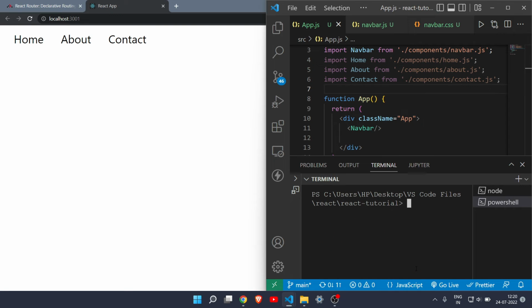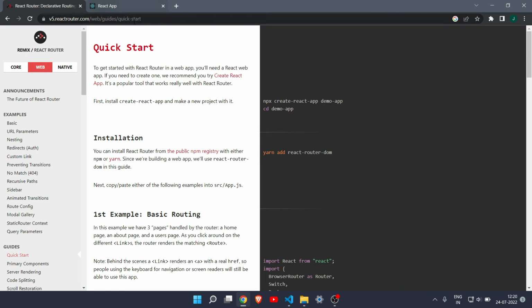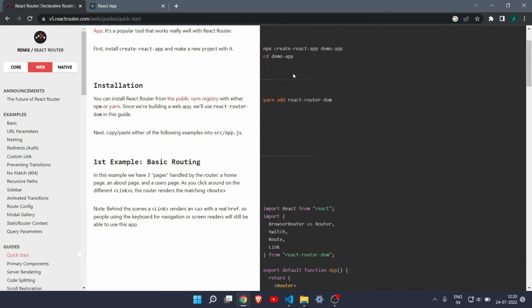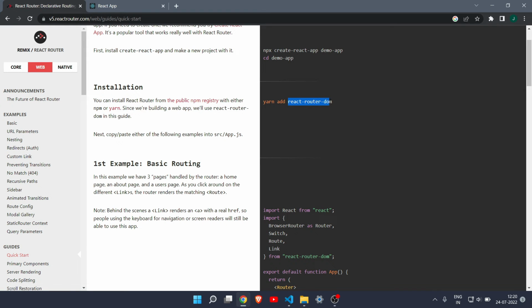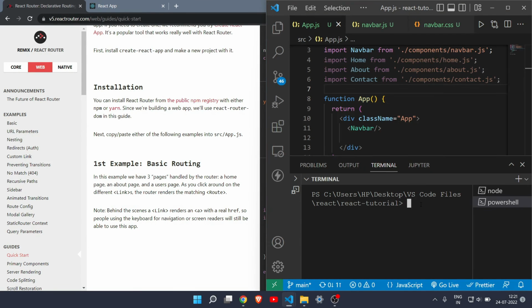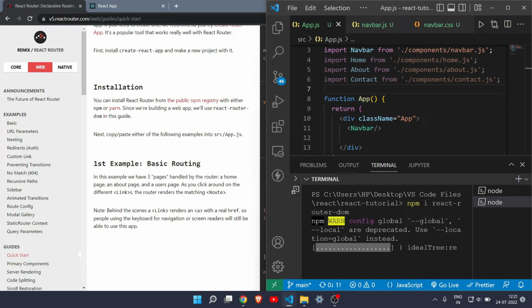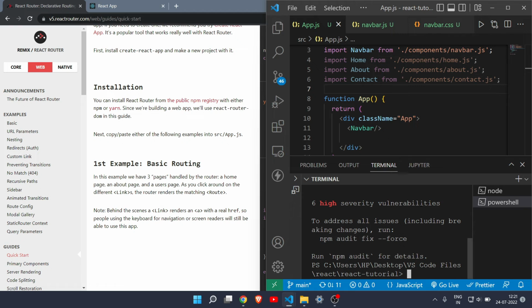Okay, let's add a terminal. Okay, now we will add the React router. Okay, so let me take you to this website. As you can see here, this is a website of React router in which you will get the command to add the React router. Okay, so you just have to copy this command, React router DOM, and you have to install this. Okay, so npm I and then paste it, npm I React router DOM, and hit enter. It will install the React router in your website. Okay, in your file. Alright, so let's wait,